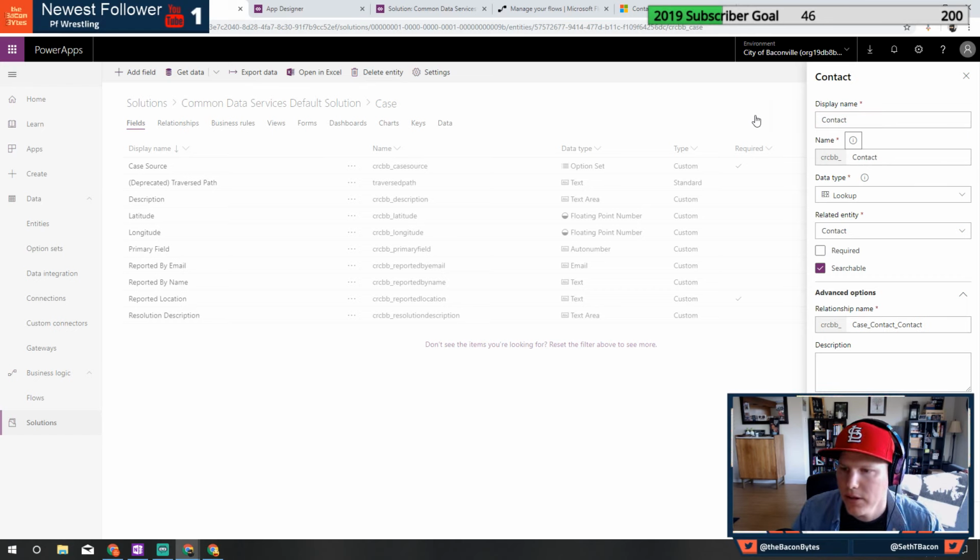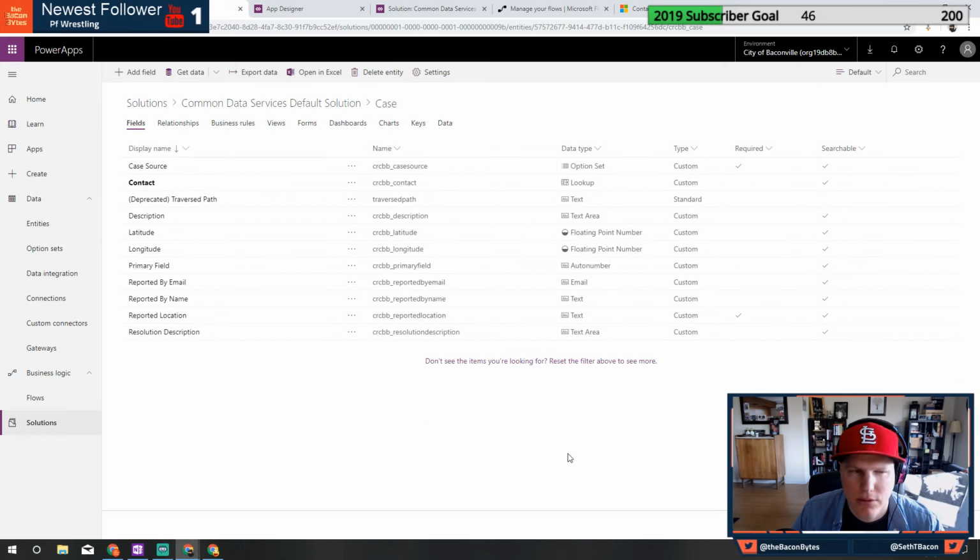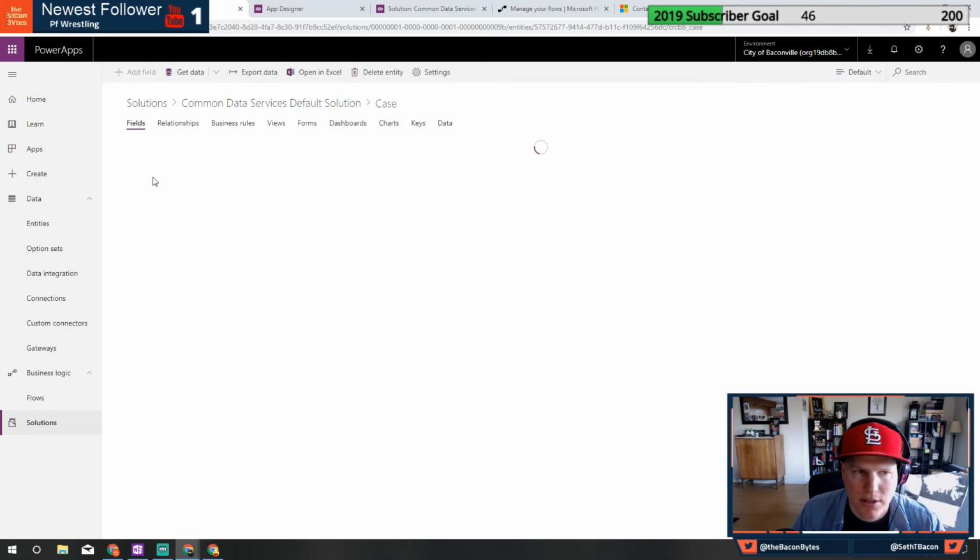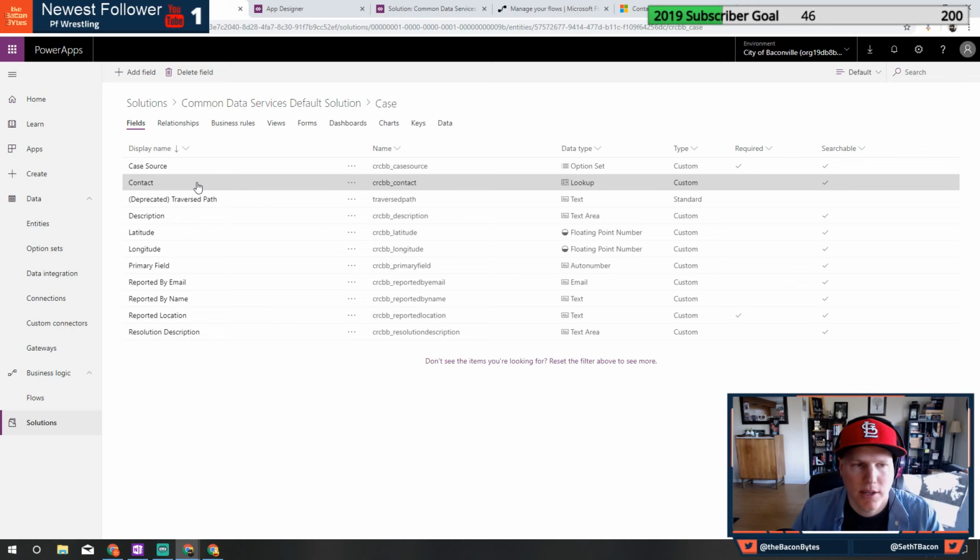Helps if you can spell it right. Contact. You ever notice that if you look at a word too long, it looks funny? That's happening with contact right now. Okay, so we got the contact. So when we bring in the contact, we're able to bring that individual in. It's not required, which is fine. It'd be kind of cool if you could just require it, not require it. That'd be way too easy.